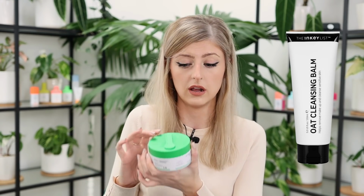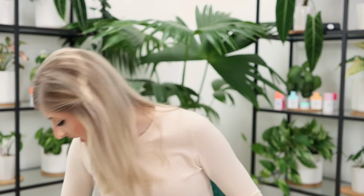So I recommend that one as well as this one. I like them both. The other one is obviously more affordable. I still love this one. I like the hygiene of it and everything else, but it's not that I wouldn't use the other one, and I still will use the other one. So moving on from that, the only other cleanser I have, and I think I have a sample of it,